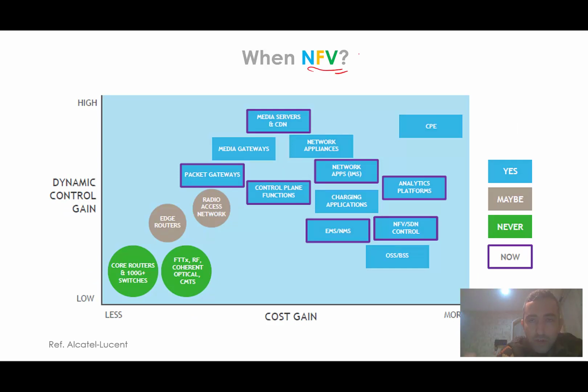With NFV, you can see the applications are divided into some parts. Some are marked never, which means it's not applicable for these applications. You can see for some applications like fiber to the X, fiber to the home, RF coherent optical, and CMTS, NFV is not applicable. For core routers and 100G plus switches, because this is very critical, NFV is not recommended. But for something you can see here, media servers, content delivery networks, packet gateways, control plane functions, network